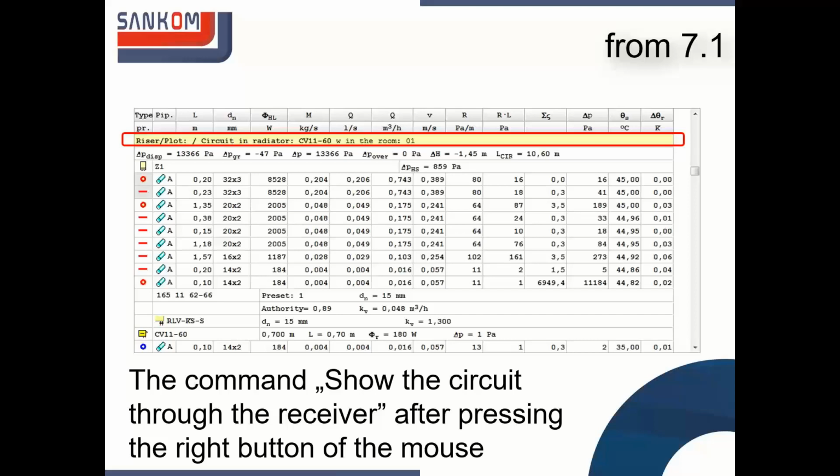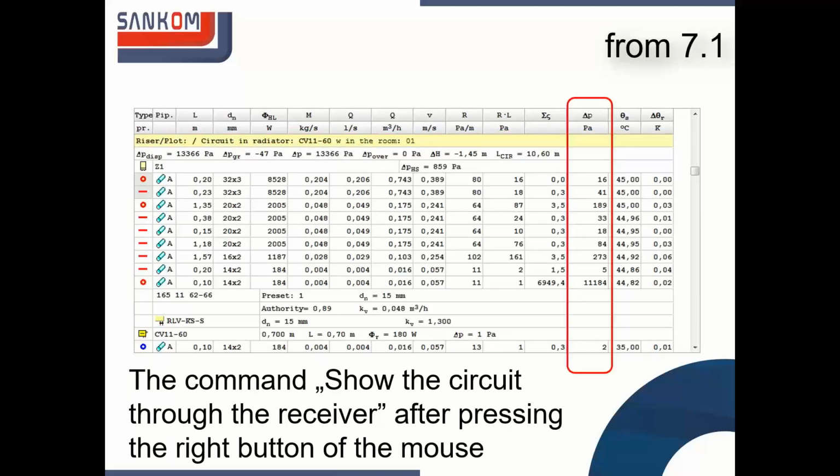So first you turn on showing the critical circuit. So first you localize that, then you go to the receiver, radiator most of the time, and then you right click it and you open this table. This table has got more columns, so you can exclude some of them to make only the most important. And the most important probably is this one, the resistance through